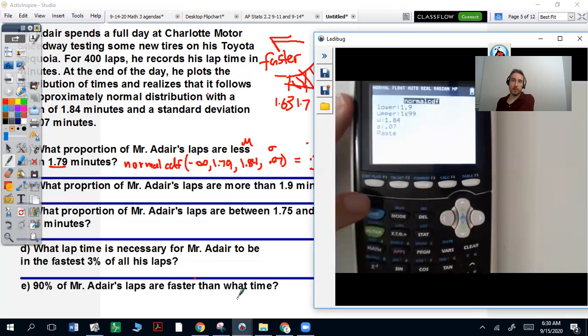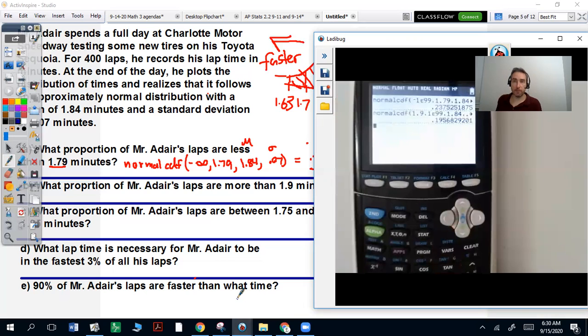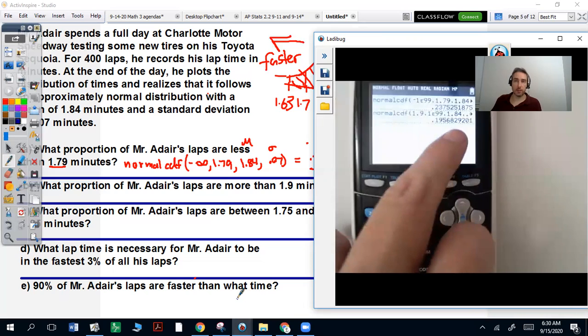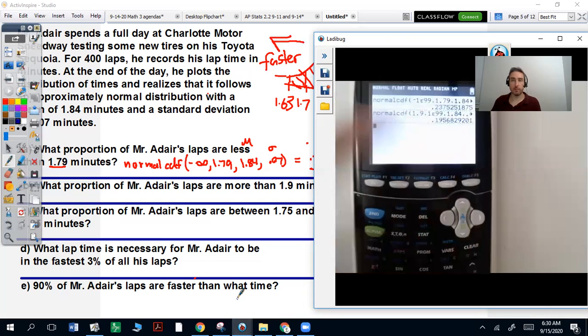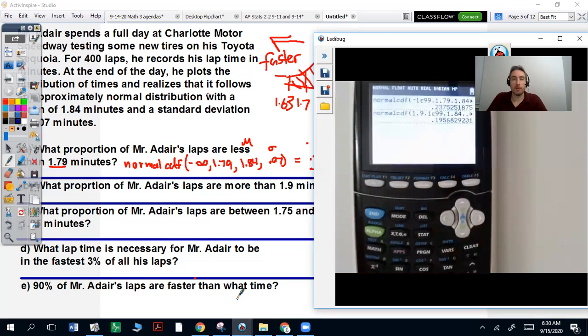And we have the same mean and standard deviation, so we'll keep that. And yeah, it's more than 16%. It's almost 20, 19.57, 19.6%. So the probability Mr. Adair's laps are more than 1.9 minutes is about 19.6%. So we can write